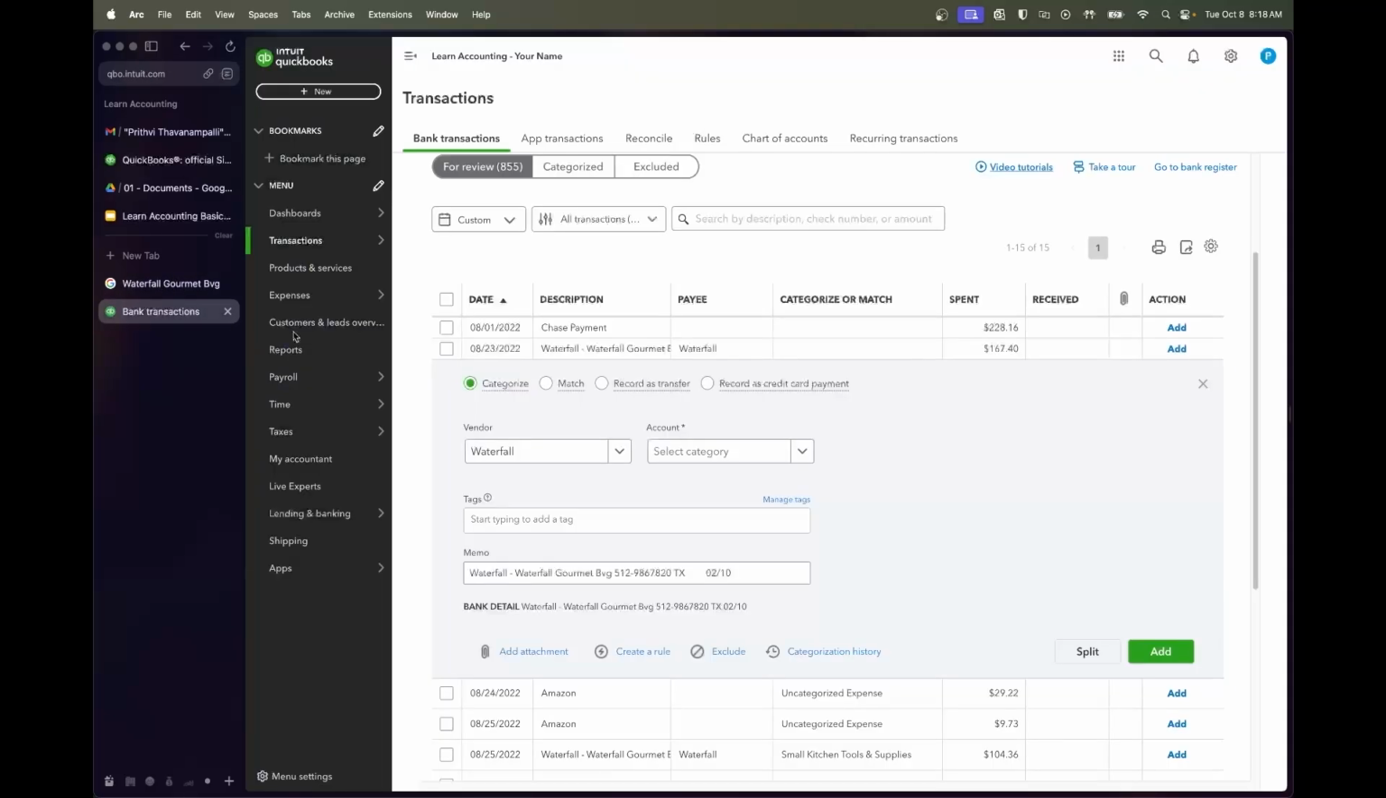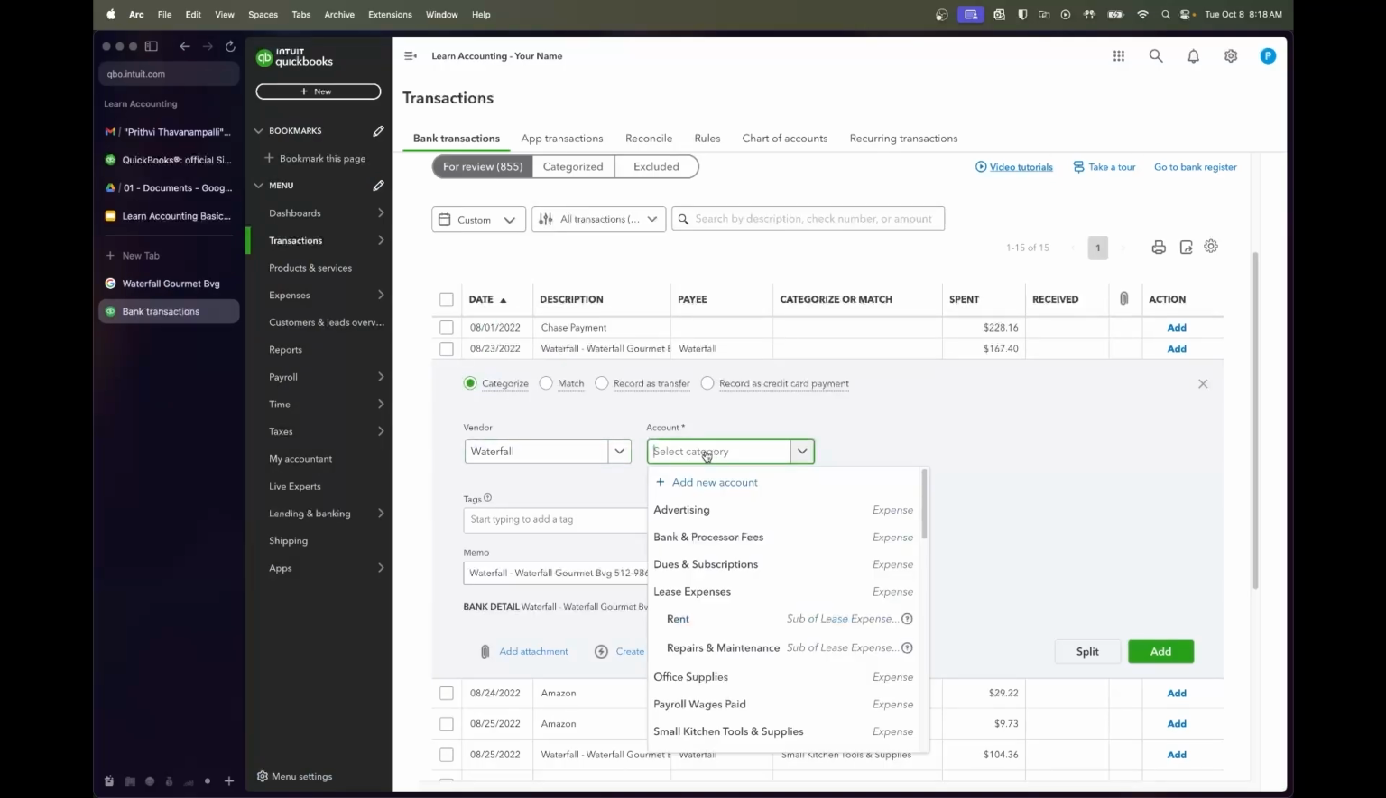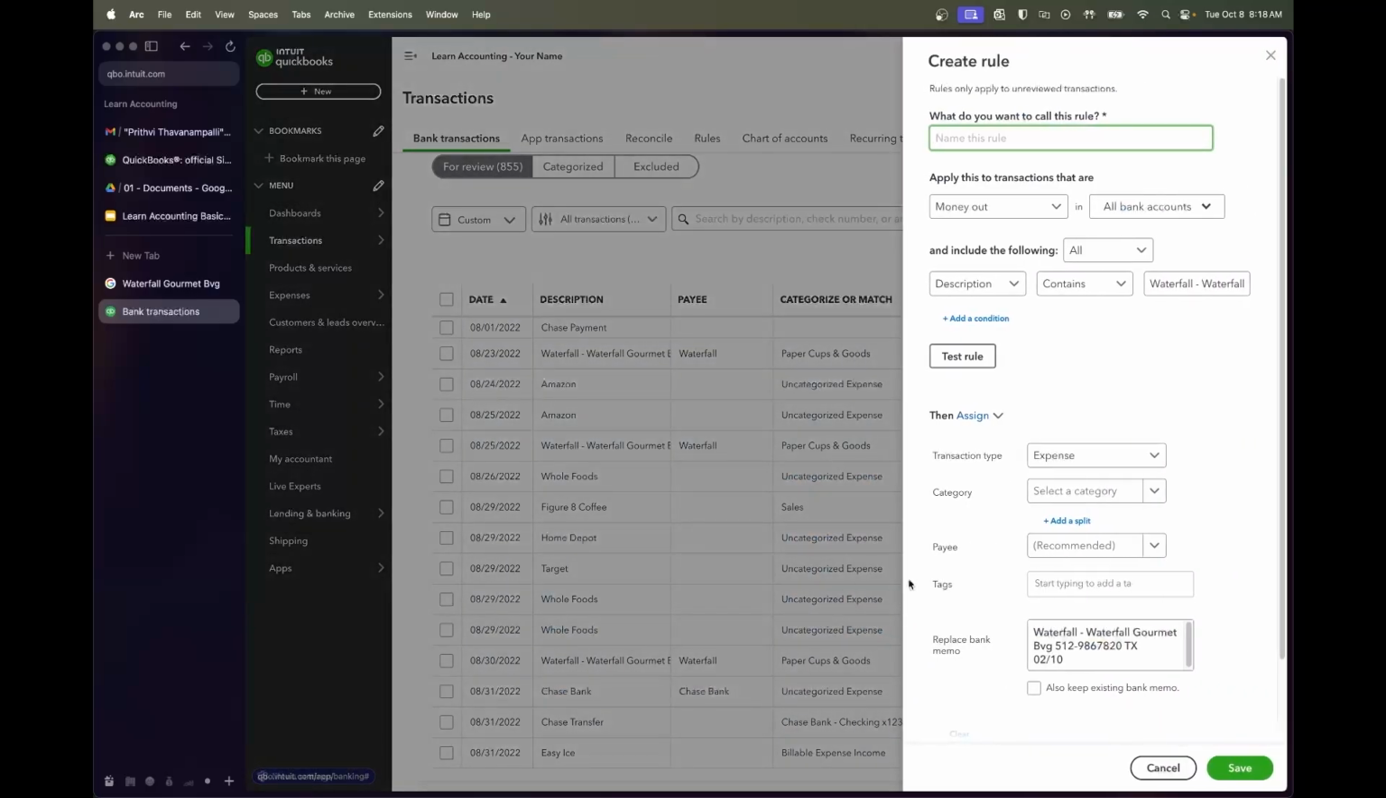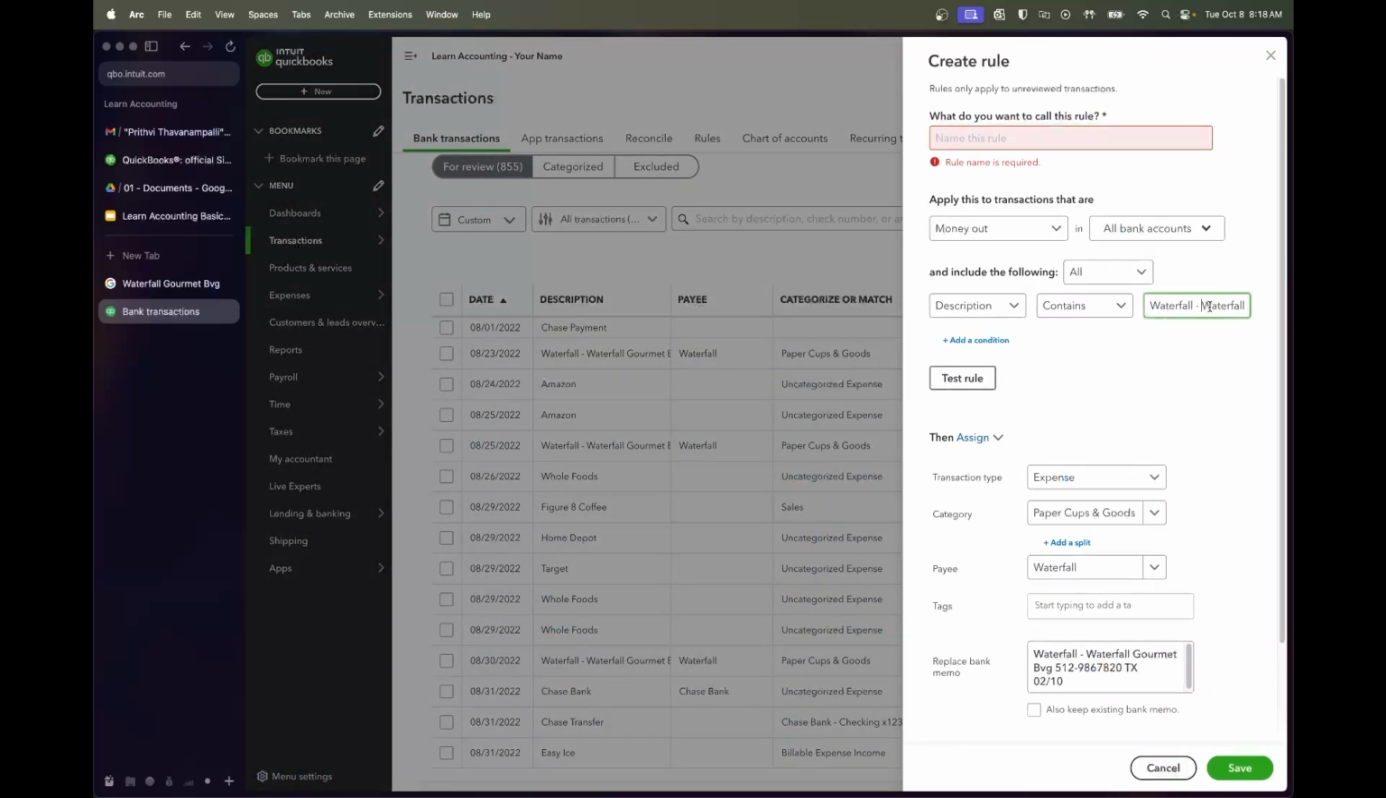And so what I know as an owner, or if you were to ask the owner what it was for, they would say, "Oh, I'm buying my paper cups from there." So we can put paper, cups, and goods here. And now let's say we know this is going to be a recurring transaction. We can hit create a rule, and you'll see that